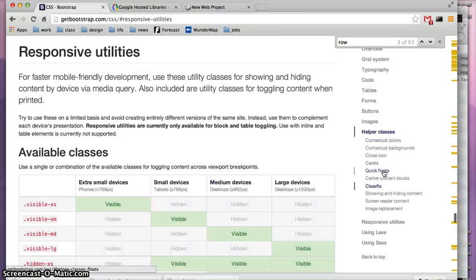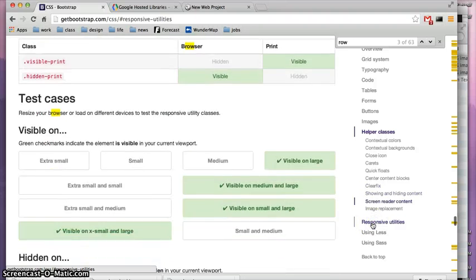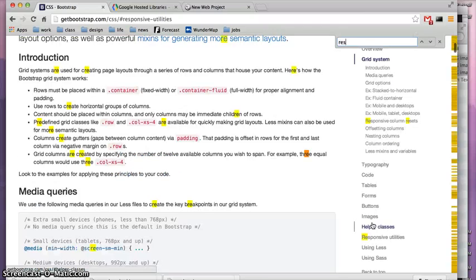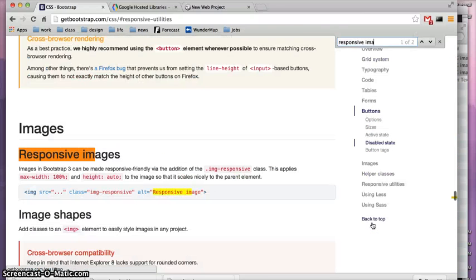I'm going to type into the Finder responsive images. Alright, it's on this page, but anyway, what we're looking for is a class called